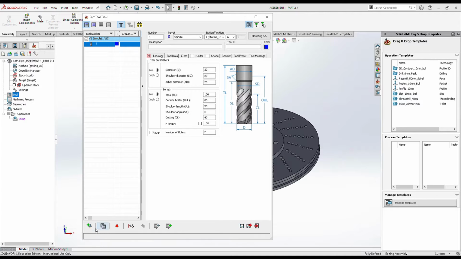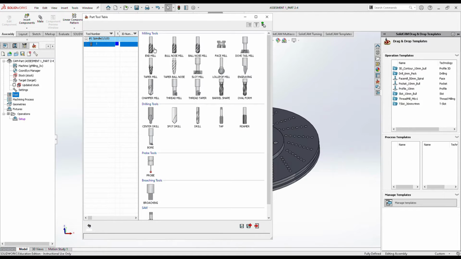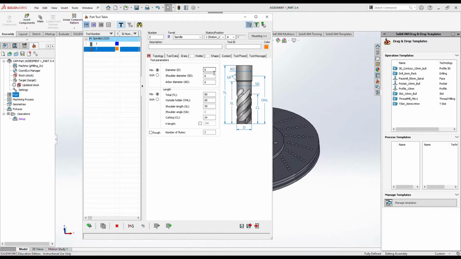This is the first tool, and the second tool is the same end mill, which has this dimension. This is the second tool,